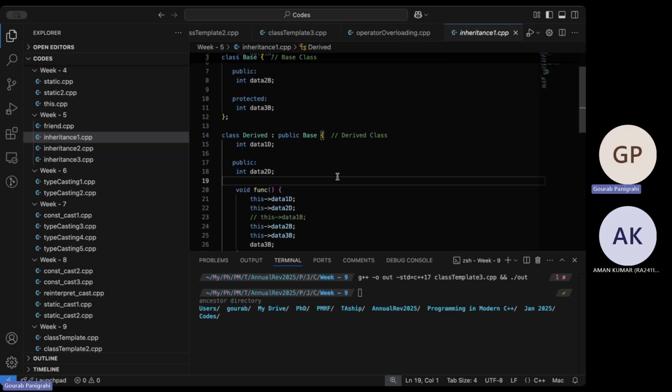In general, everything public will always work, because whatever you can do with private variables, you can do the same with public.